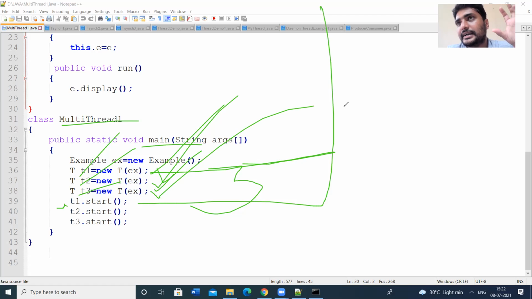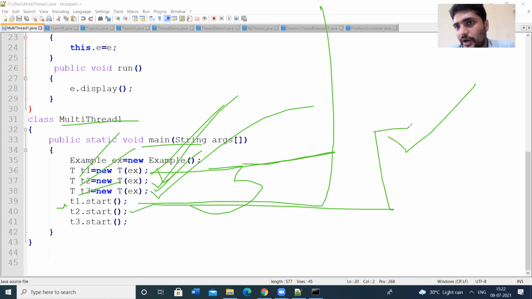Whatever statements you have written in the run method, that will be executed by t1. Then t2.start, which automatically goes to the run method, the same run method. If you have written a single run method, all the threads will run that run method only. If you have multiple run methods, that means the same producer consumer problem.